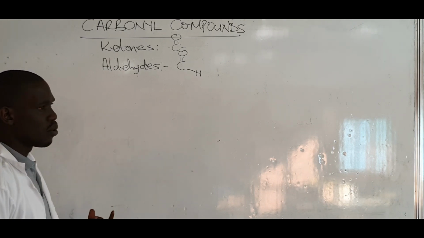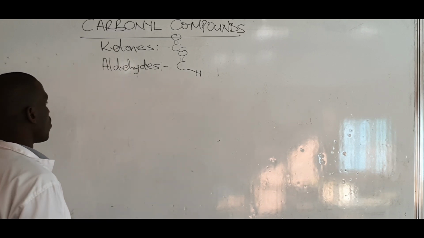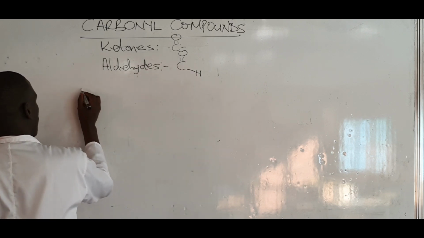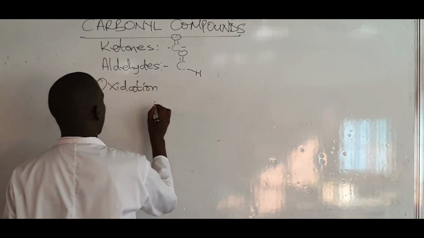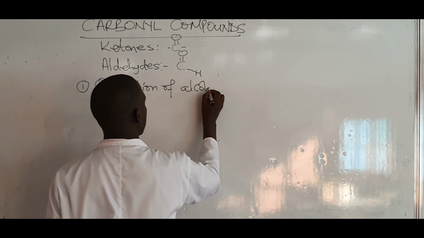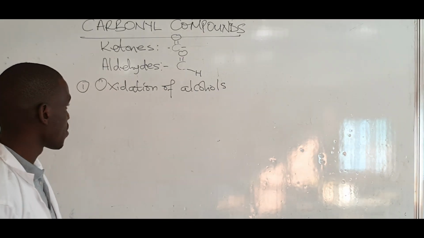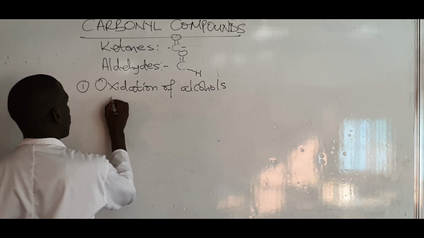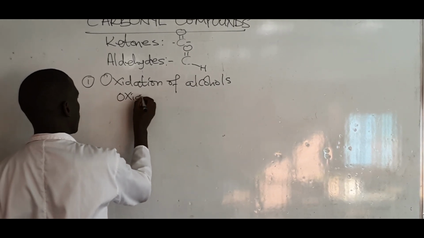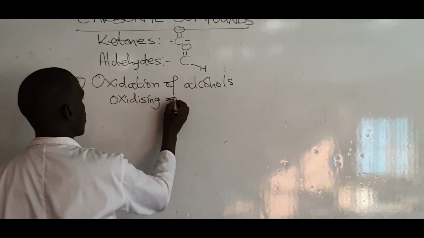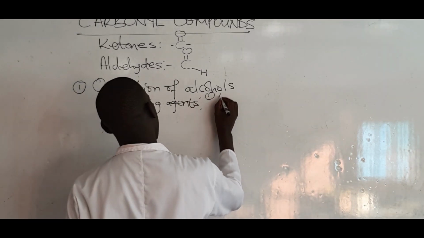Now, how do we form these carbonyl compounds? How are they formed? We form the carbonyl compounds from oxidation of alcohols. So from oxidation of alcohols, we can form carbonyl compounds. Before you go further, you should know which oxidizing agents you need. The oxidizing agents used in this reaction, one is acidified